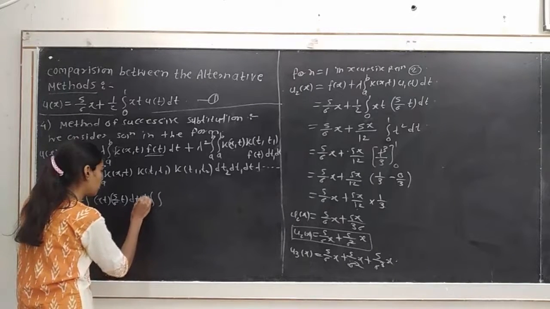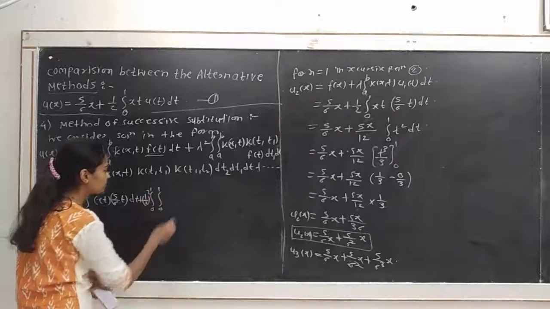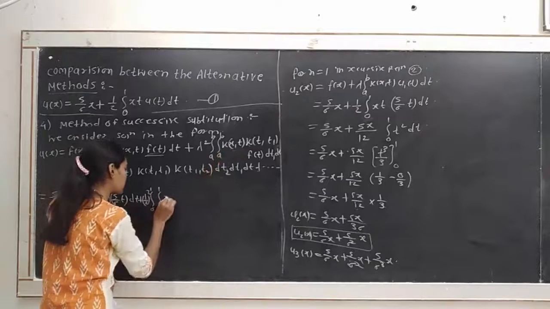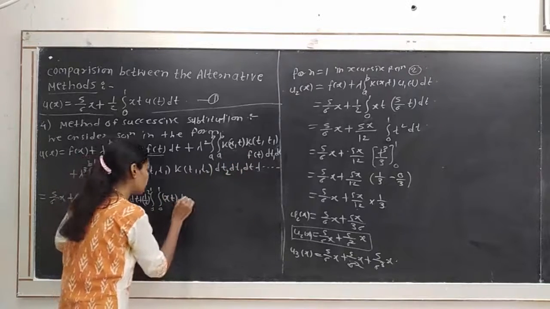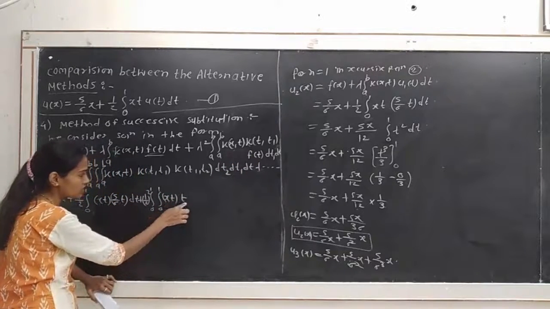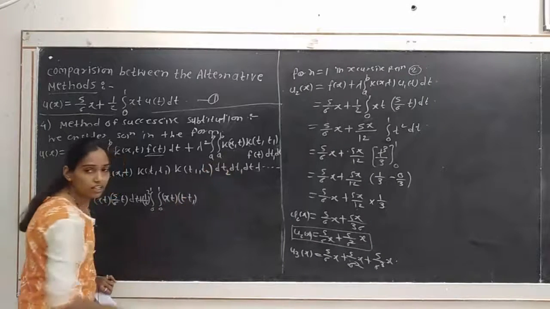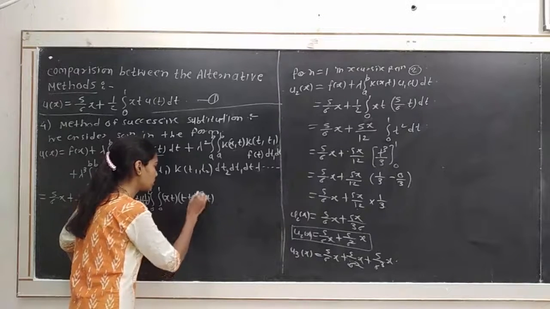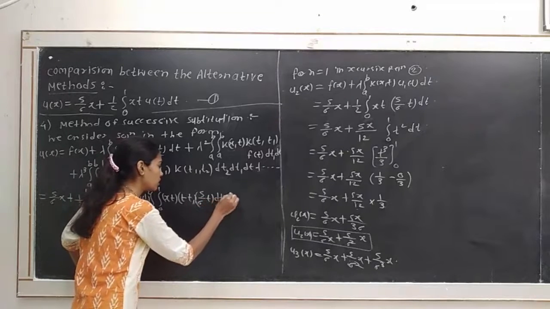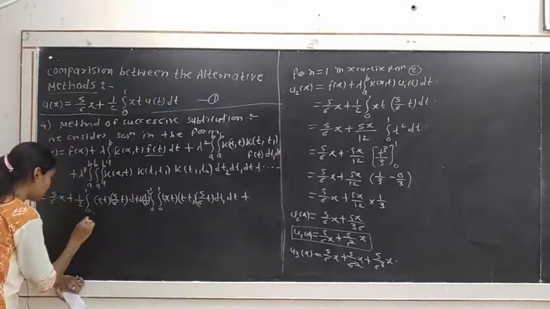Then in the next term we have to take the double integral, where the value of lambda is 1 by 2, so 1 by 2 square, limits from 0 to 1, double integral. The kernel k of x t will be x into t, then in terms of t t1, that is x is replaced by t and t is replaced by t1, so we get t into t1, that is kernel k t t1, into f of t, again 5 divided by 6 into t, dt1 dt. Okay, plus the next term we can write here lambda cube.